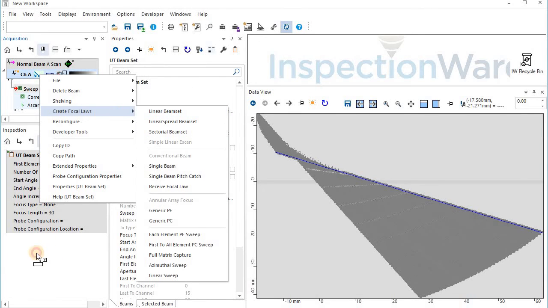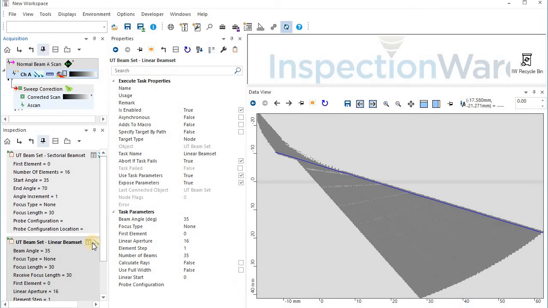To remind you, under here, create focal laws, I use this task. This is, let's pull this one out. We can do a linear beam set and follow how that works. So basically what this does is, this is the description. So remember, the beam set, the first part is the description of the beam. So we've got this description in here,